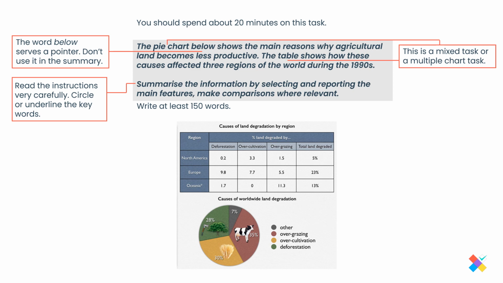Then there's another problem when we have multiple charts: not grouping information into paragraphs. So it is extremely important that you organize your ideas into paragraphs. Paragraphs should be logical and have one main idea. This falls under the cohesion and coherence criterion. And lots of students fail to do this because they get confused